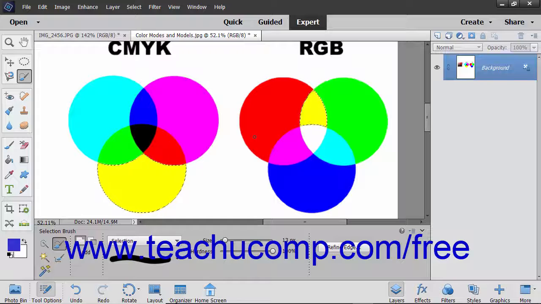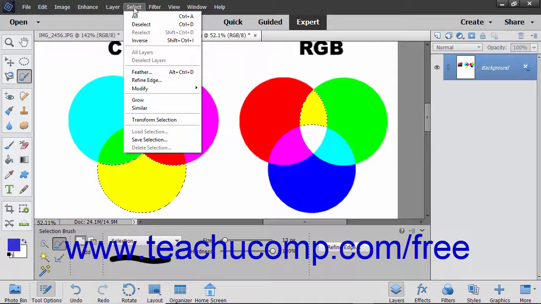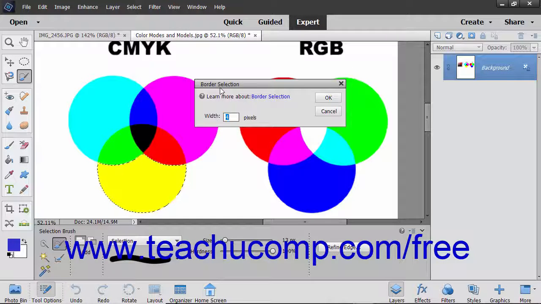You can also apply a selection border of a specified width around an existing pixel selection to create a selection border so that only the pixels between the two borders will be selected. To apply a border to an existing selection, choose Select, Modify, Border from the menu bar to open the Border Selection dialog box. Enter a pixel measurement value between 1 and 200 into the width field, and then click the